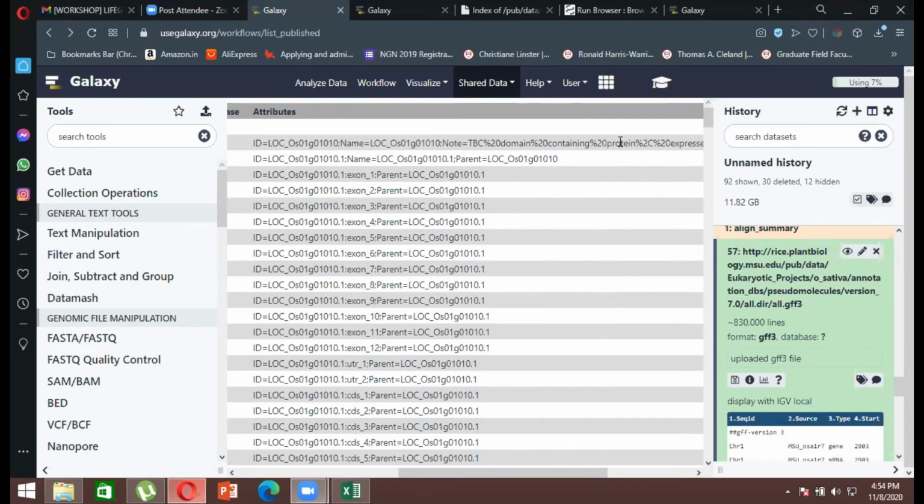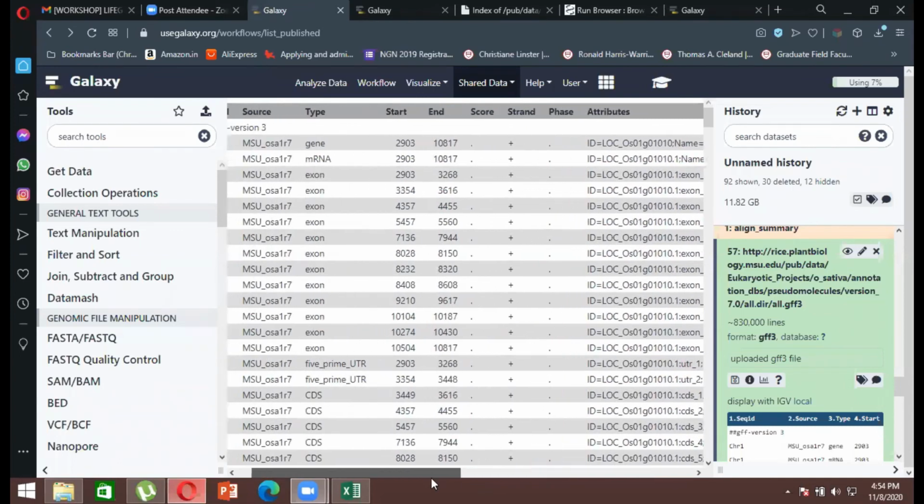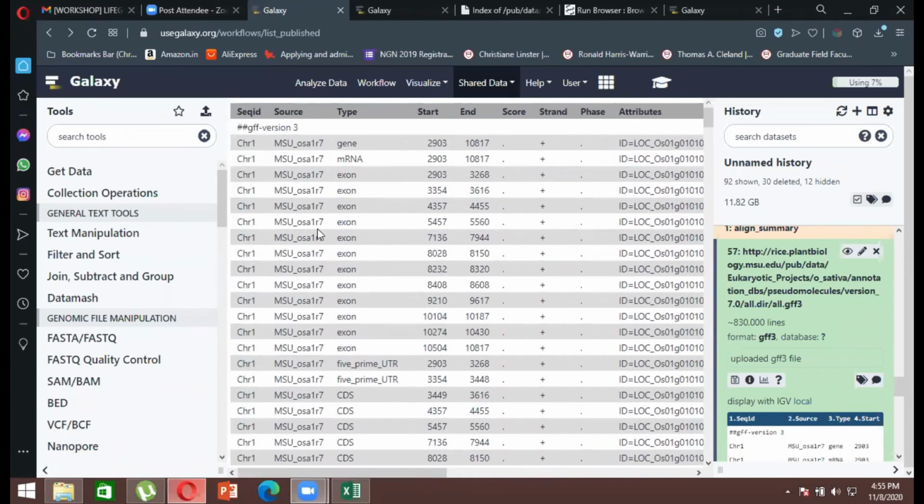Just select these two columns for the control and the stressed condition and create a graph. From that graph, you will get a better understanding of how to interpret the data and how your data is looking, whether it is looking nice or not. So in this way, you basically go for the data analysis using your NGS.